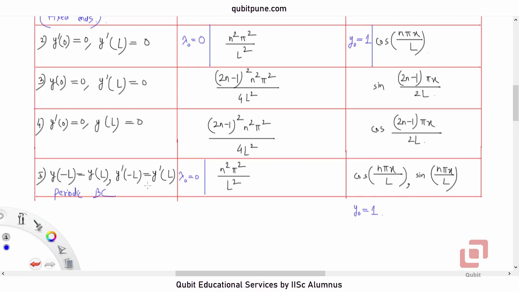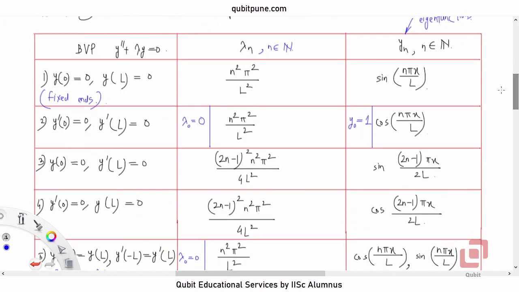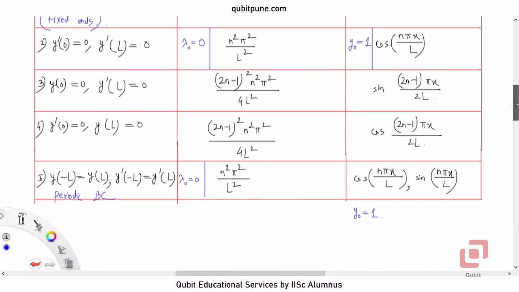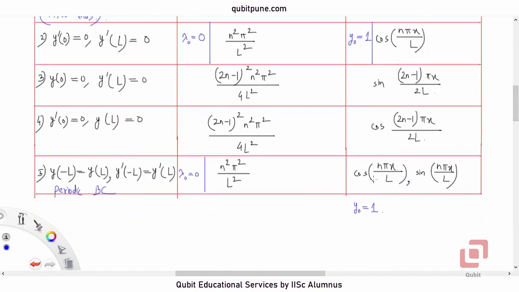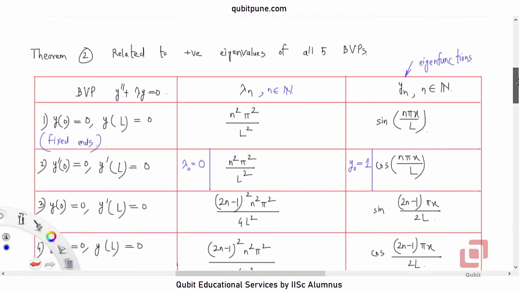Because this is a linear differential equation that we are solving, the superposition principle can be applied, and that will give you the Fourier series of the function that you are going to find. Okay, so to summarize,